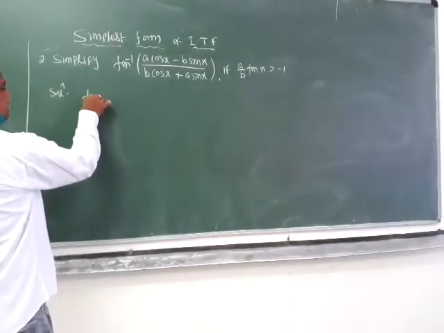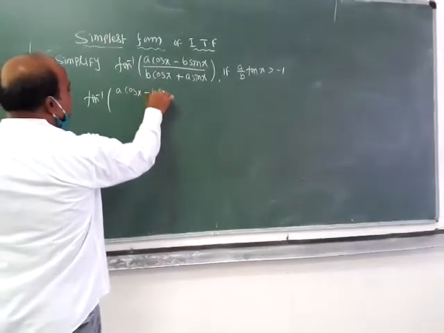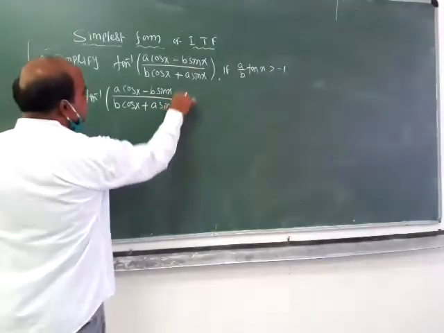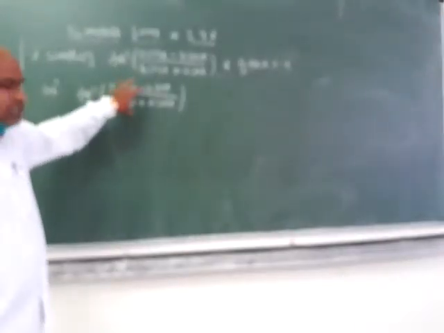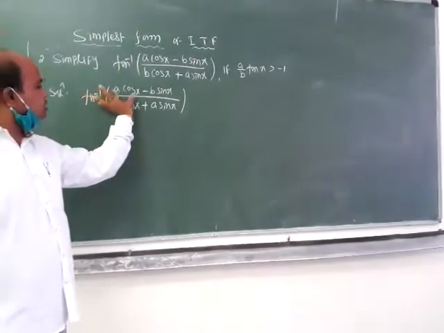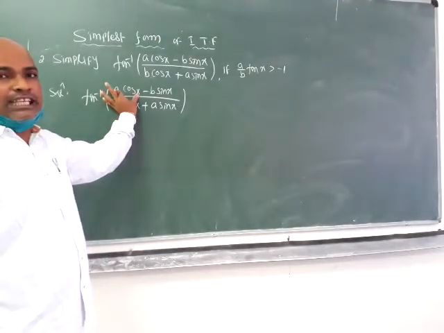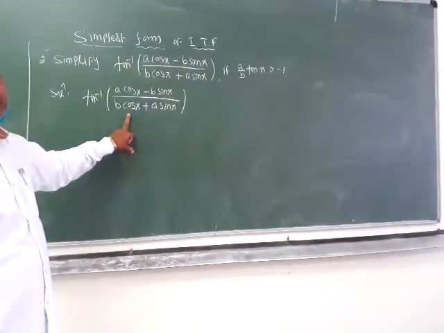So same procedure, this is also a question for tan inverse of (a cos x minus b sin x) upon (b cos x plus a sin x). Always a term like this is there. You see, the first term you have to convert to 1. But here, which one do you convert, or here which one do you have to convert? That you have to think.